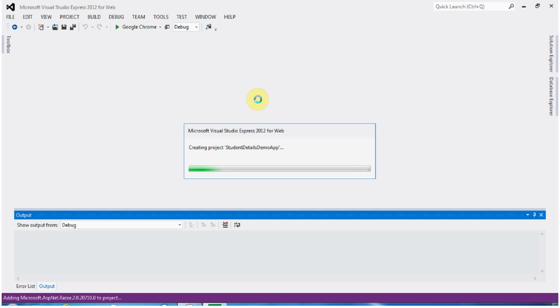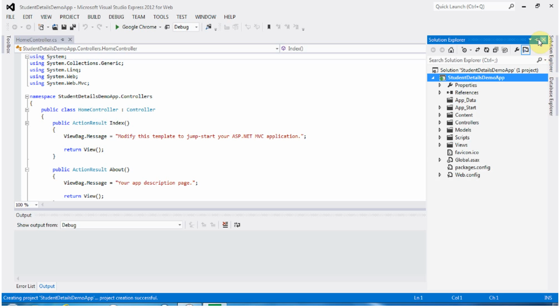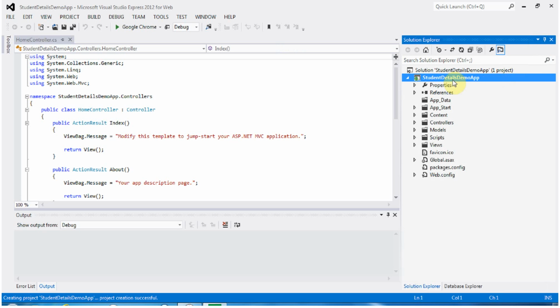In this tutorial we're going to use a very simple way of accessing a database using Entity Framework. I already created a database called Student Details. We're going to use the same database in this tutorial. Okay, we are good, so now we have a project. If you go to Solution Explorer, you'll see Student Details Demo App, and you have a list of folders, controllers, views, and models already created by Visual Studio,